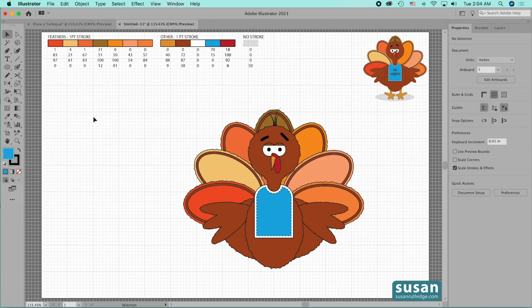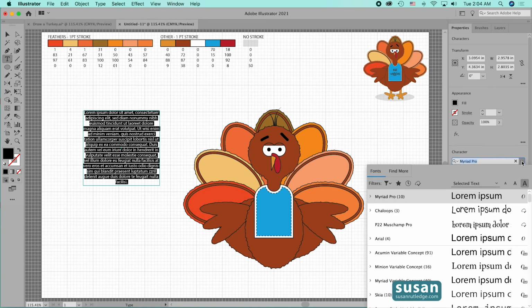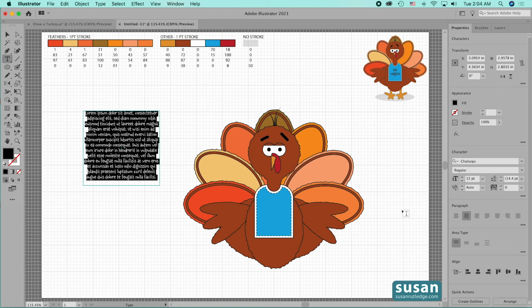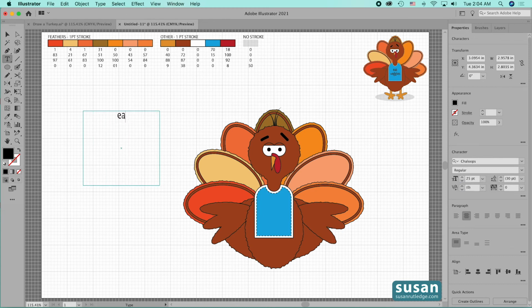I'll get the Type tool, which is keyboard shortcut T. I'll open up a little text box. I'm going to come over to the Properties panel and change the font to Chaloops. If you don't have Chaloops, you can go to Adobe Fonts and activate that, and you'll be able to use this font. I'm going to change the size to 25 points and press enter. And then I'm going to just type Eat